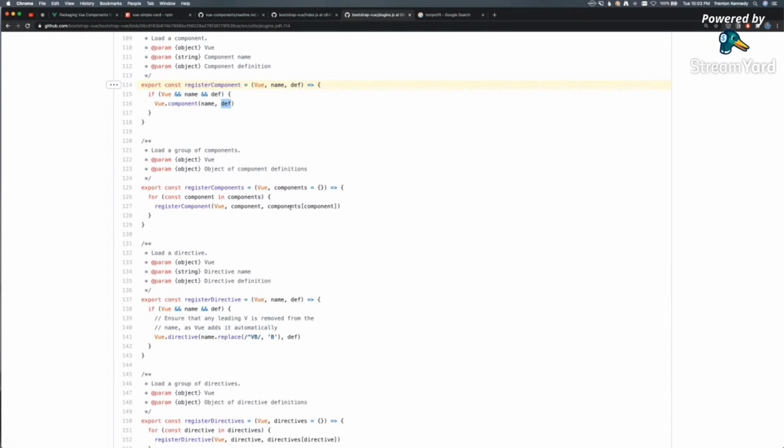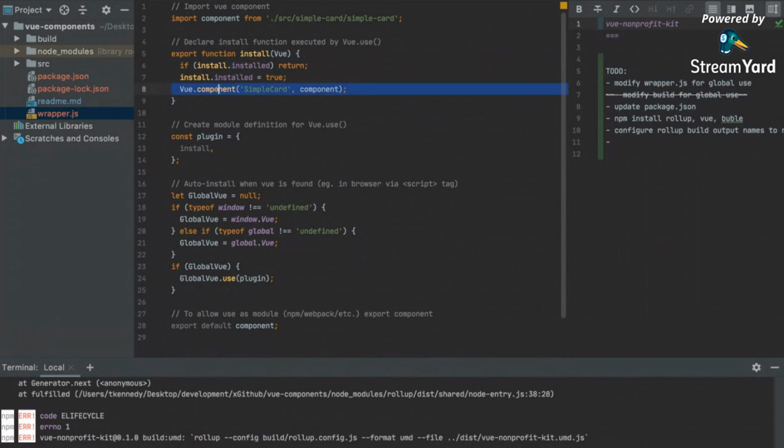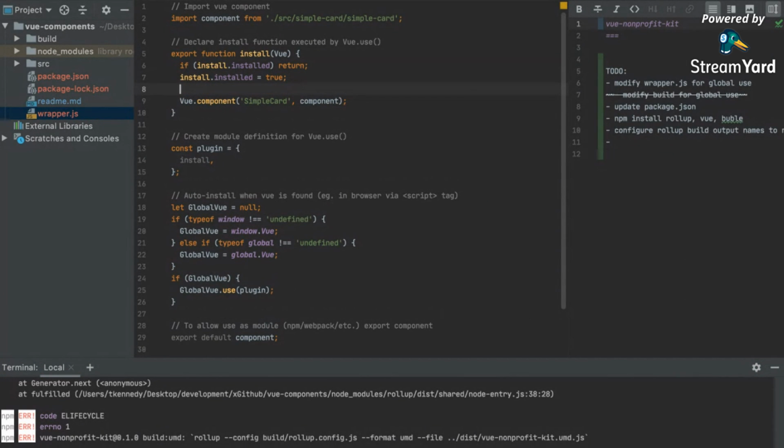Component definition. I don't know why they call it that. It's really just the component. Okay, that's what they're doing here. So you're saying we should be able to generate an array of the component names and just pass that in? We should import everything as